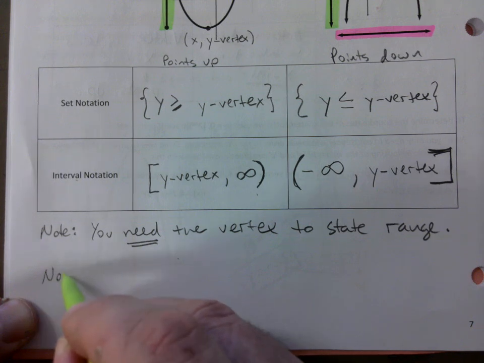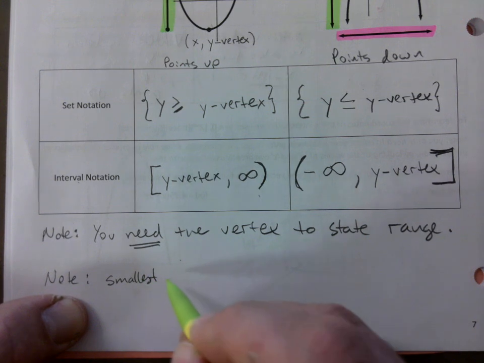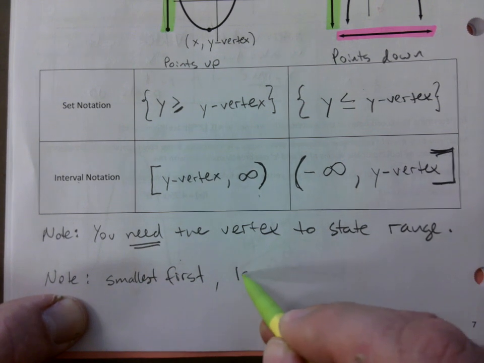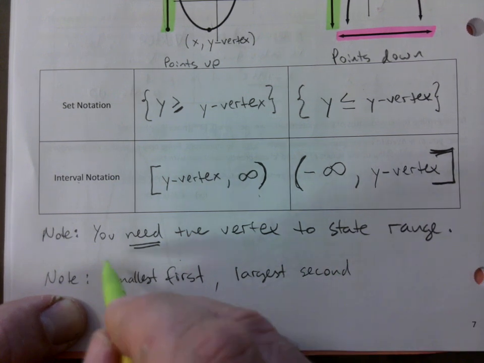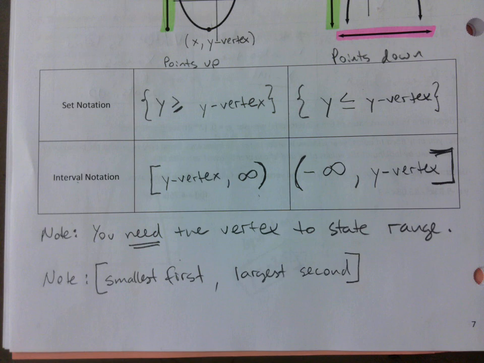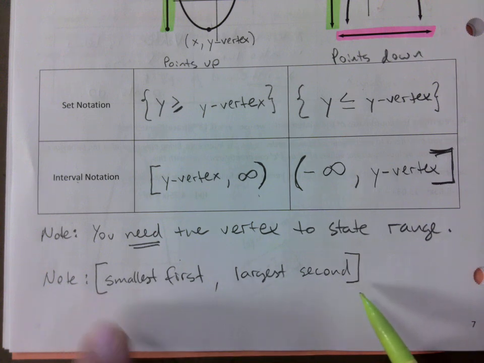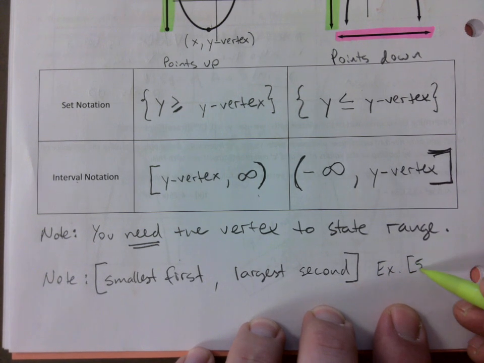Also, note number 2, smallest first, largest second. Always. So if this is a range that you're stating, because later on when we do word problems, folks, very few instances with infinities if there's word problems. We're not going to have a lot of infinities show up, so you're actually going to have square brackets a lot. So example, if you ever do this to me,